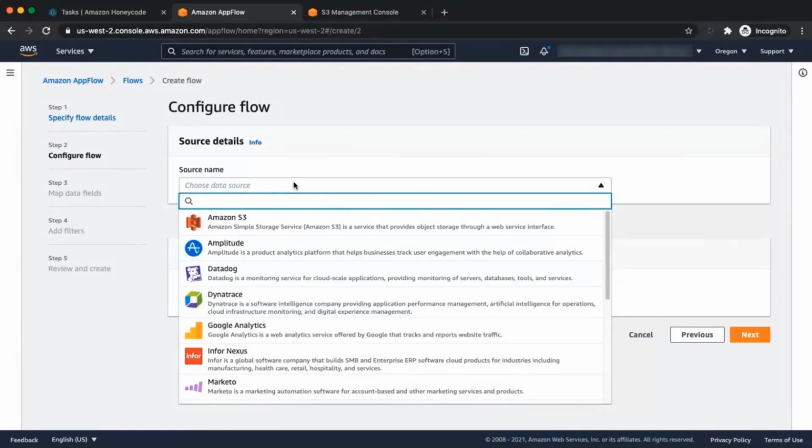So Rajesh, I see many options here. Potentially, all of these could be used as sources to populate data in Honeycode apps, correct? Absolutely, AJ. So you could bring in data from Google Analytics, Datadog, Amplitude, Salesforce, and build your Honeycode apps on top of it. For the purpose of this demo, I'll select the S3 bucket as that's where we store the